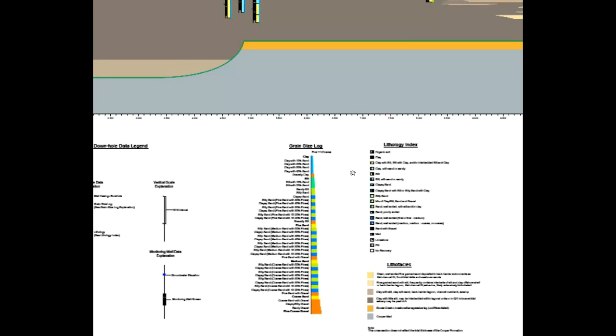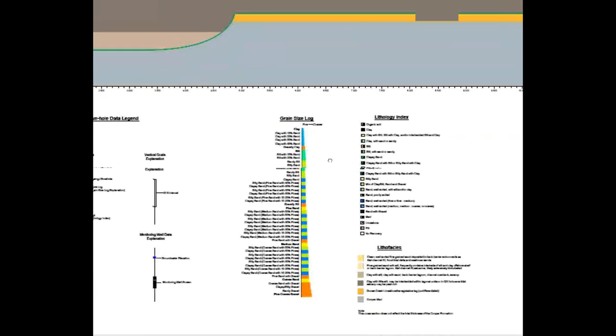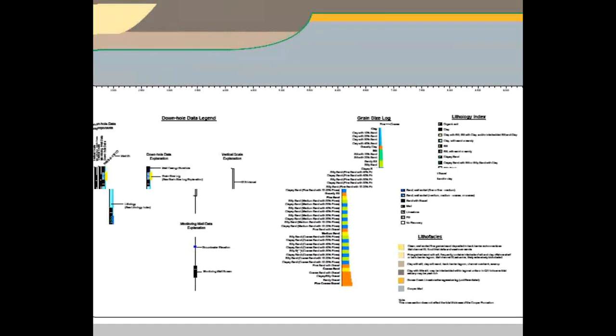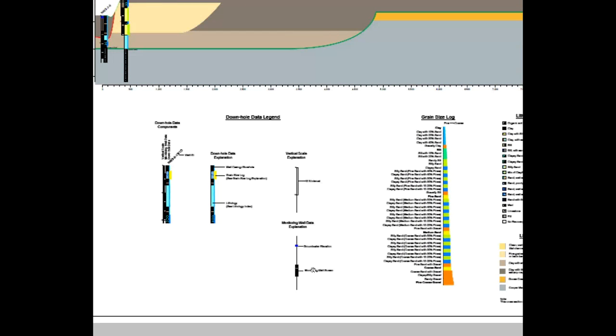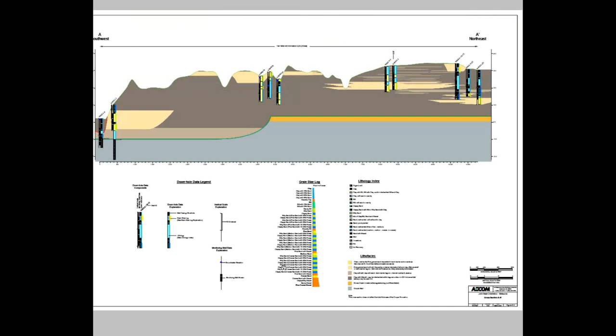So we have a grain size log, a lithologic log here, and then we have our litho-facies that are correlated. And then we have various information about well screens and depths and so forth. Well screens, water levels. And if you remember, the brown is mostly clay, so what you see here is essentially clay. And there's a few channels cut into it.